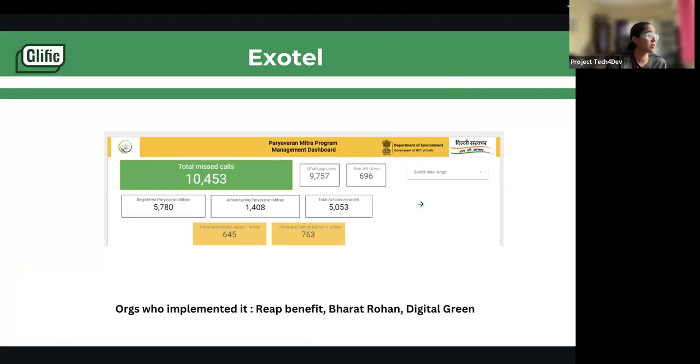Within a couple of months they were able to get almost 10,000 missed calls. They got a 60% improvement in the time taken versus the regular route. So this is one powerful way which can help you ease your onboarding process.